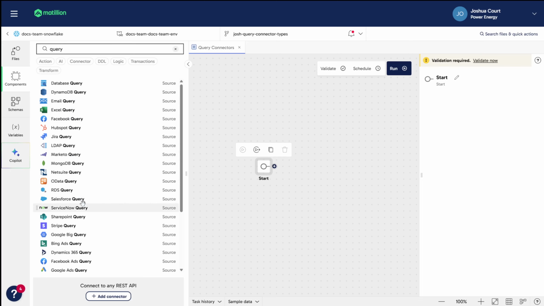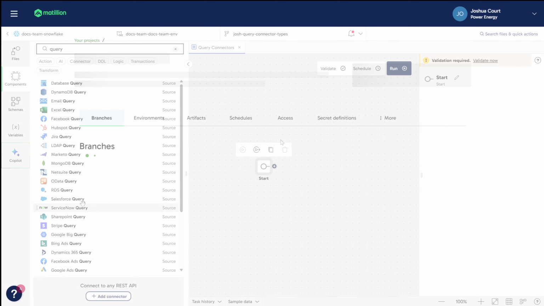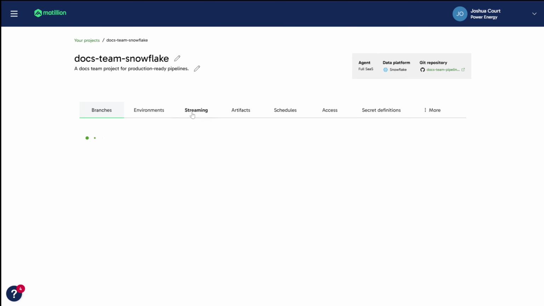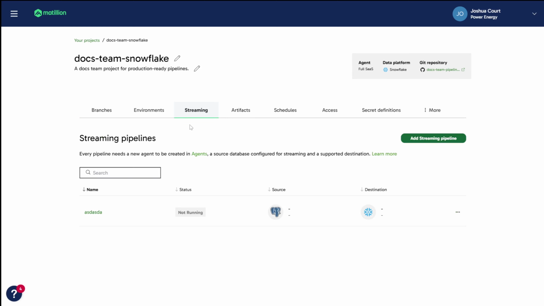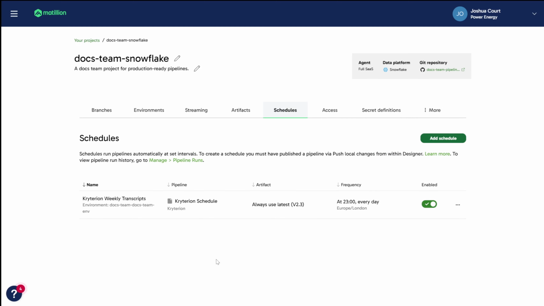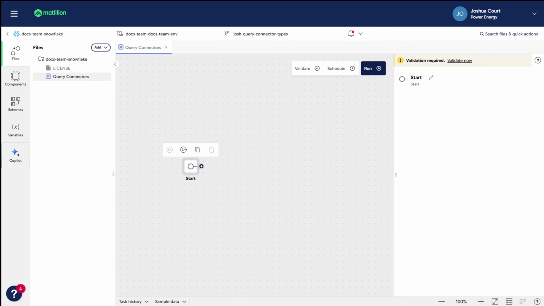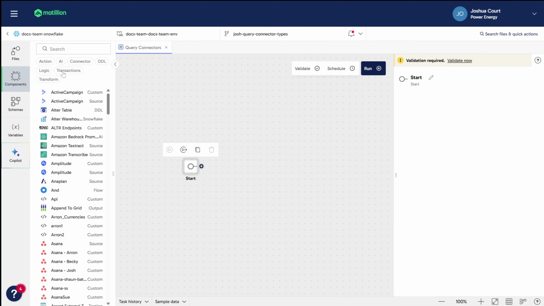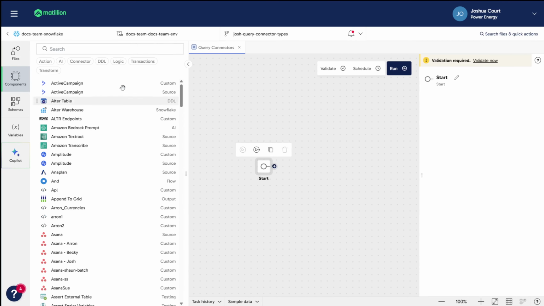If you're a data team that needs to extract data from multiple source systems on a regular basis, these connectors, coupled with our scheduling or data streaming features, make real-time and regular updates painless. You can connect to a wide range of data sources using Matillion's library of pre-built connectors. Or you can build your own custom connector when needed.